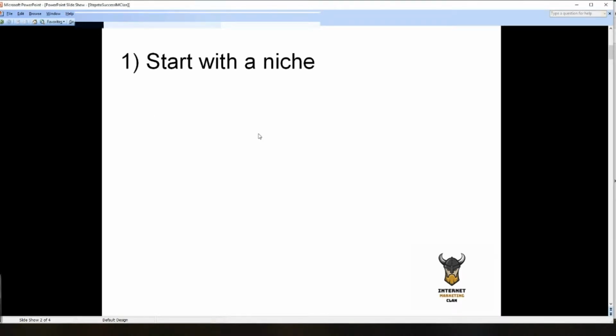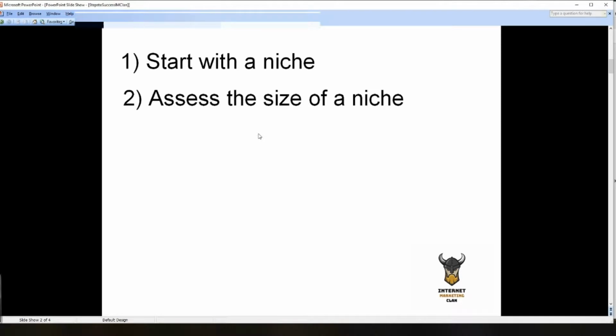Okay, so once you have a list of niches, what I suggest is trying to assess the size of these different niches. Have you picked something that's a really narrow topic that you're going to struggle to get traffic from? Is it something that so few people are interested in, it's going to be difficult to make money from that topic? One of the ways I assess a niche is to use a combination of Google search and a free tool called Ubersuggest. So if I go over to my other screen, just a second,